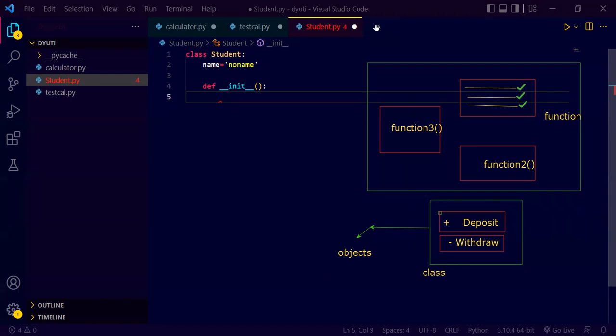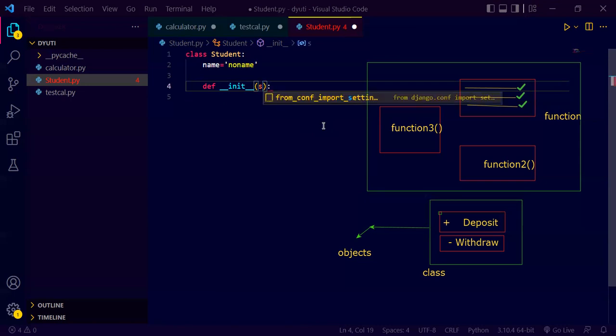Okay, so in order to differentiate with which object we are actually working, we will have this self keyword. Self will tell that the function or variable I'm accessing belongs to the object which is calling. Okay, so जैसे कि यहाँ पे क्या हो सकता है